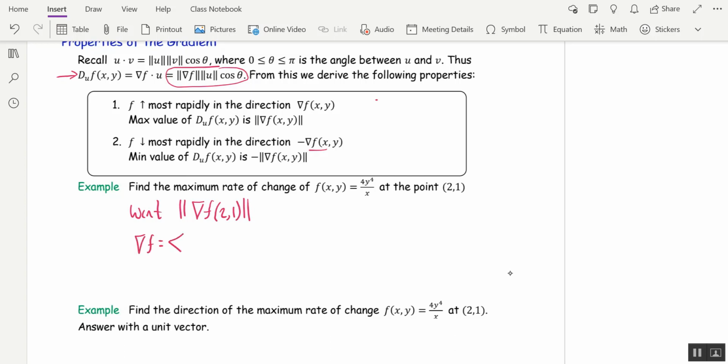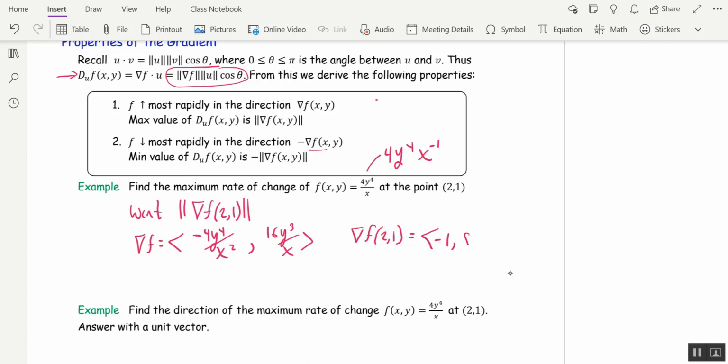Okay, partial with respect to x. Think of this function as 4y to the 4th times x to the negative 1. So the partial with respect to x will be negative 4y to the 4th over x squared. And the partial with respect to y is simply 16y cubed over x. So del f at (2, 1), put 2 in for x, 1 in for y, and we're going to get